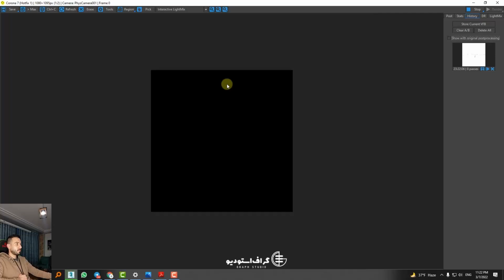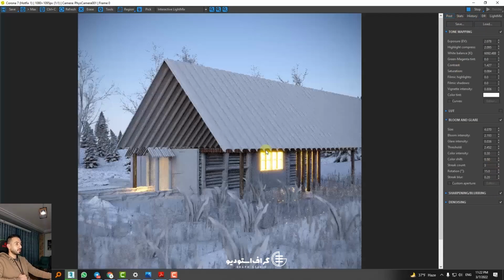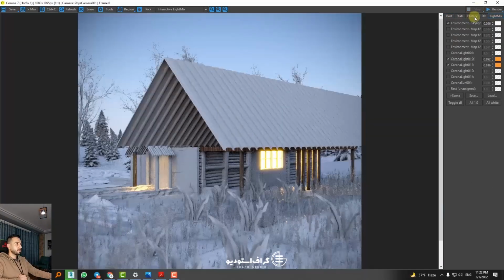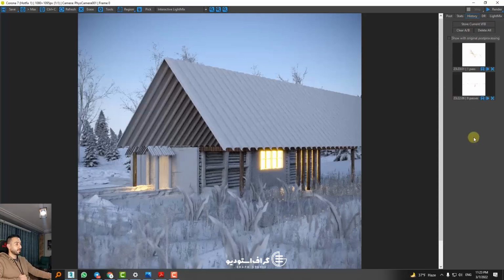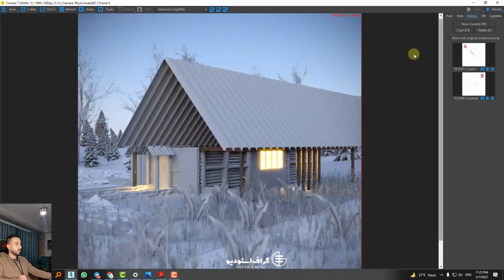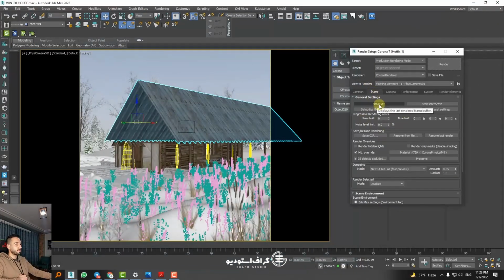Comparing renders and role of interactive rendering in Corona. 1. Saving and comparing renders in the history section. In Corona Frame Buffer, users can store multiple renders and compare them. Click on the first render. Render A selects the first image. Right-click on the second render, or render B. Select the second image. Comparing renders is highly useful in material testing, especially for adjusting lighting, materials, and scene settings. If a